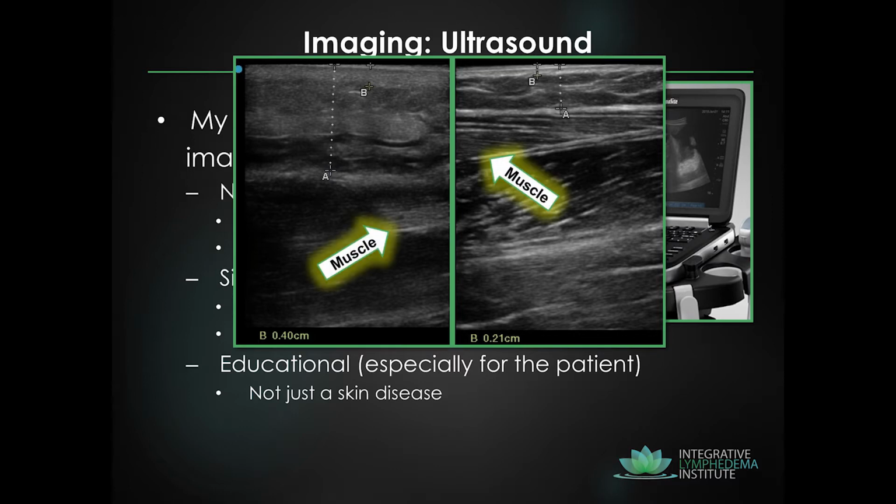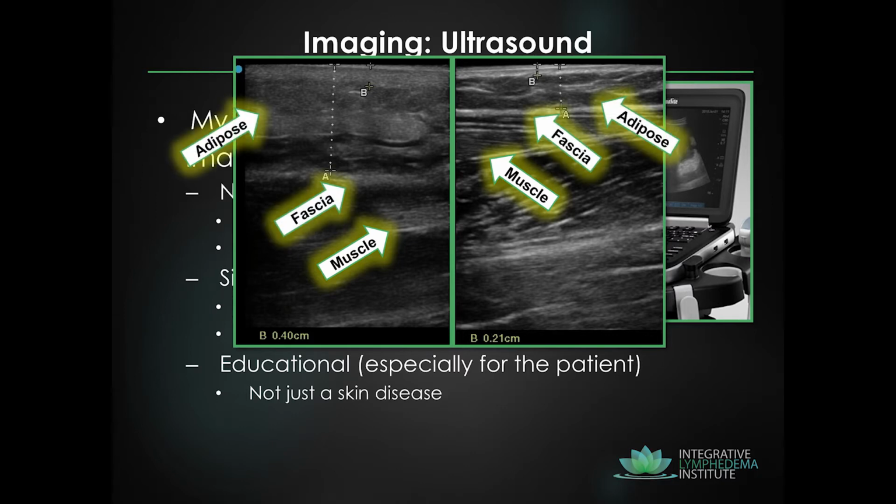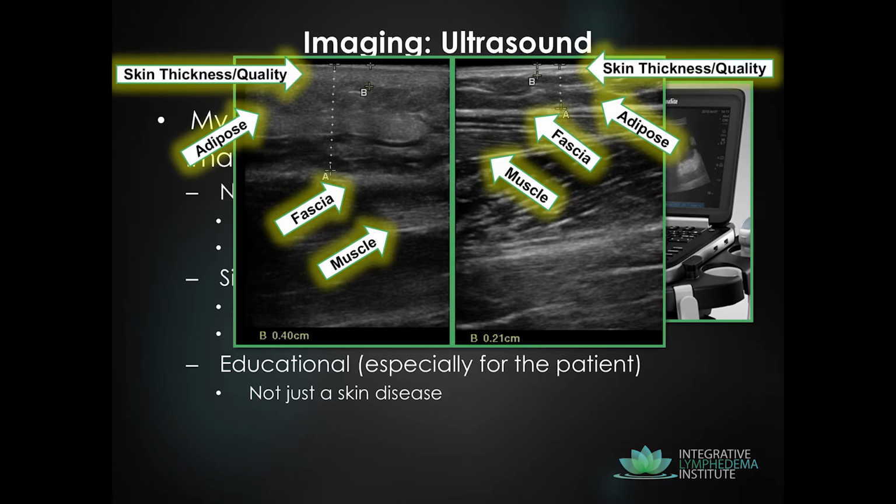You see that difference in muscle changes. You see the difference in the fascia. I show that picture of the deep fascia thickening. You've got the adipose. This is where the liposuction plays a role, as opposed to adipose consolidated hypertrophy. Skin thickness, like I said, it's not only a thickness. Here, this patient doubled in size from 0.2 to 0.4, but also quality.